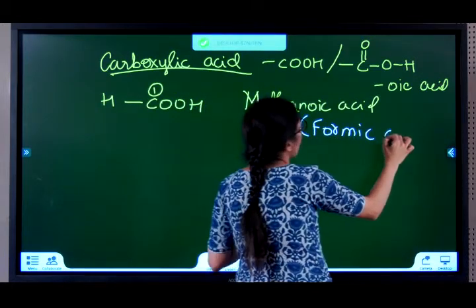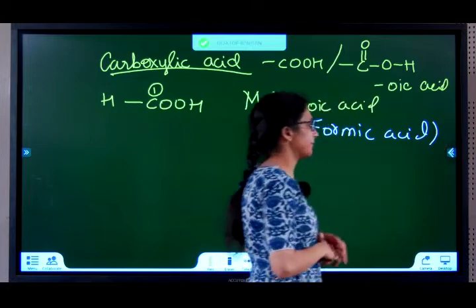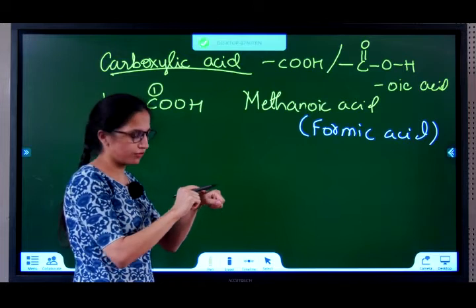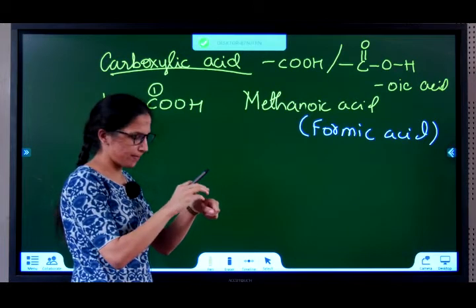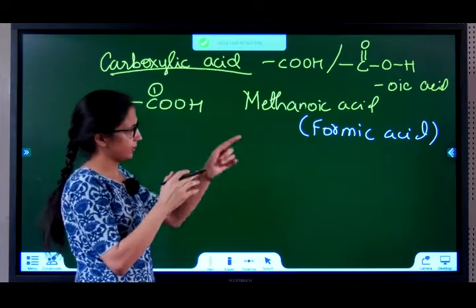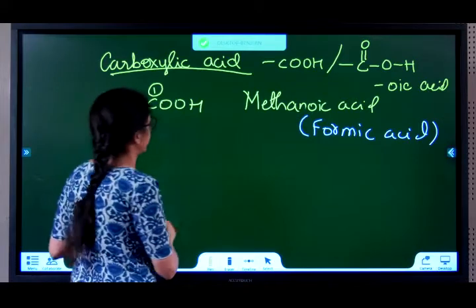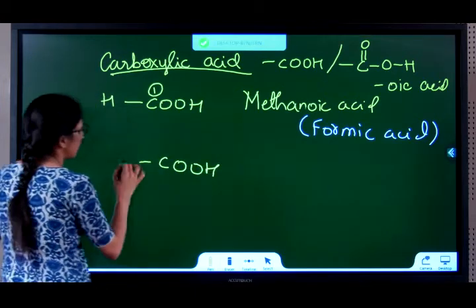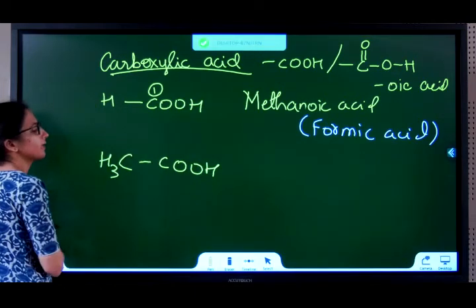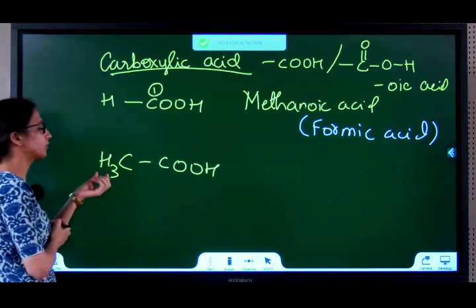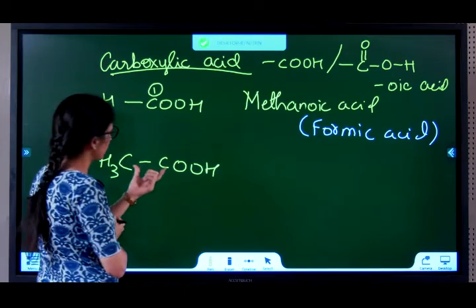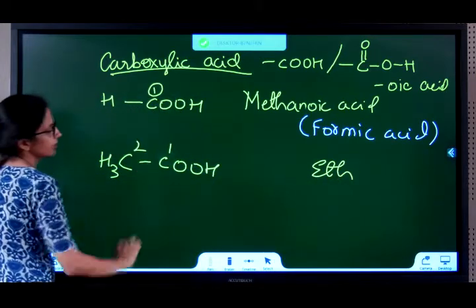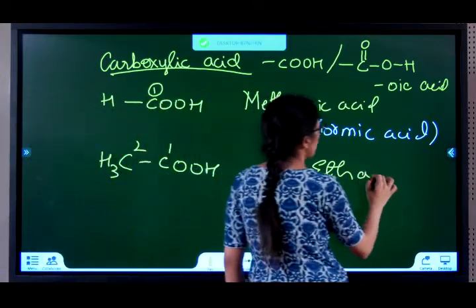Do you recollect where we learned formic acid in chapter 2 in acid bases? They are found in ant stings. When an ant stings you and you feel itchy here and becomes red and a pus is formed, because they give out formic acid. Next, COOH, put another H, put another C and put the remaining H's needed. There are 2 carbons, so root word eth. At position 1 is the acid, ethanoic acid.